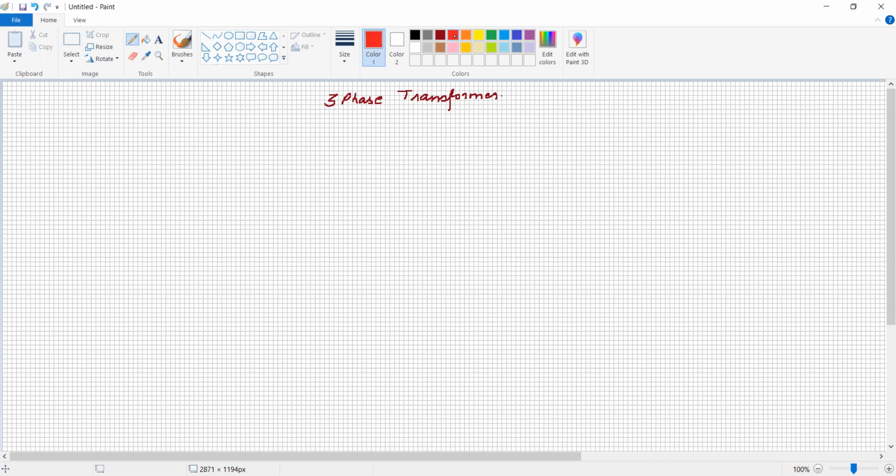So today's topic is to examine different three-phase connections, that is, star and delta connection. Can we connect star winding or delta winding by some conventional methods, or do we have to take some special care while connecting the three windings? First of all, we will take the three windings for the three-phase transformer on the primary side as well as the secondary side.